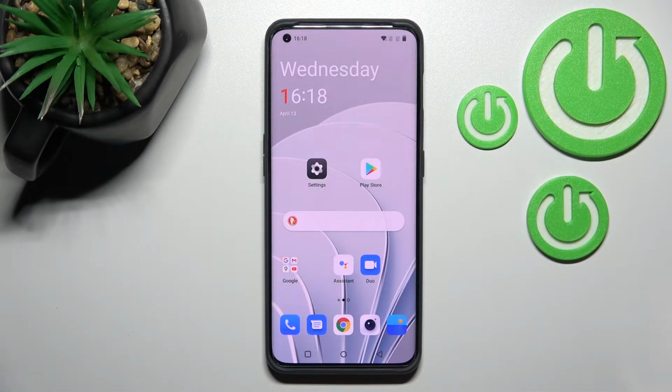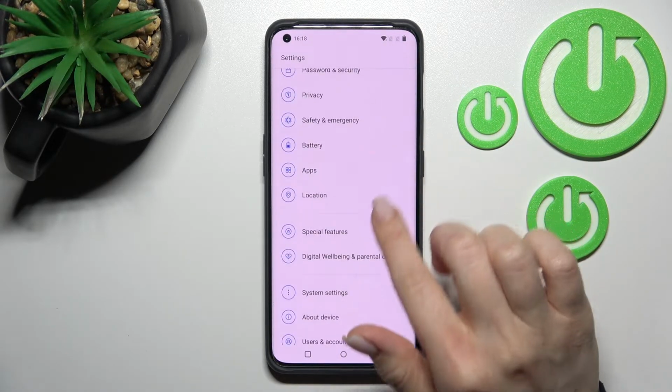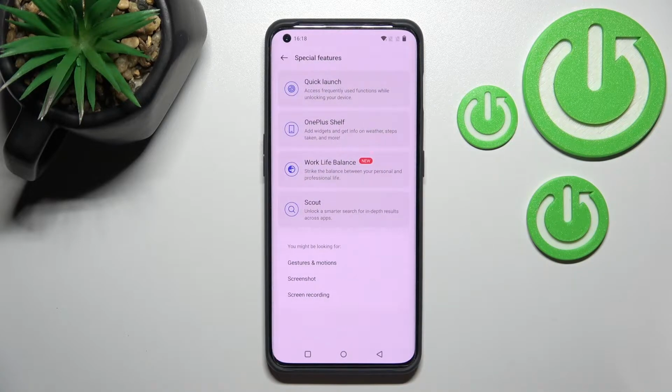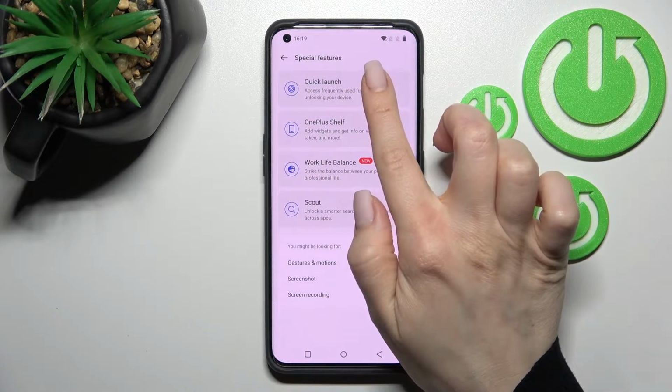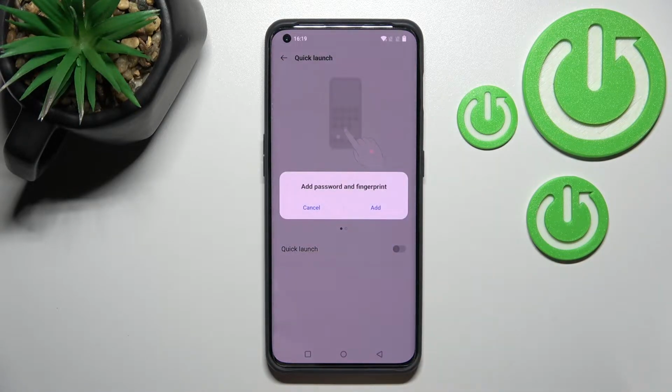Welcome, today in front of me OnePlus 10 Pro, and I'll show you how to activate Quick Launch on this device. So first you should go into the settings application and then click here to the special features. After that, click to the Quick Launch, and just to activate it you should click once on the switcher, and